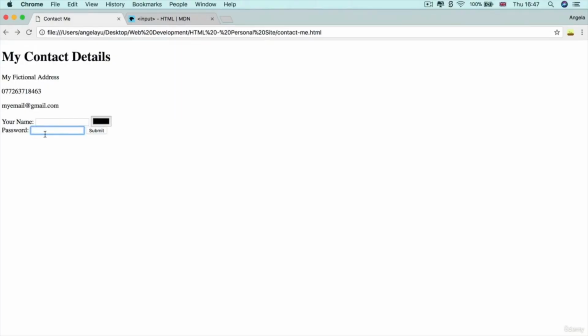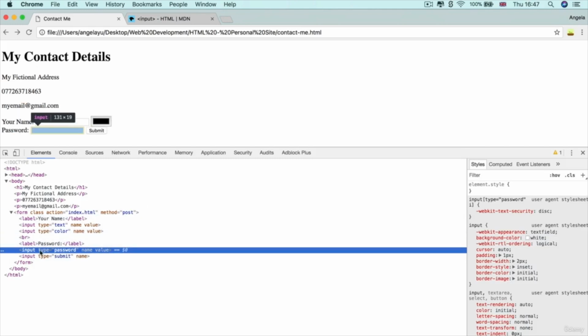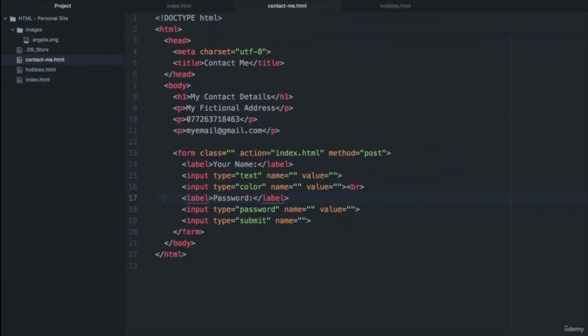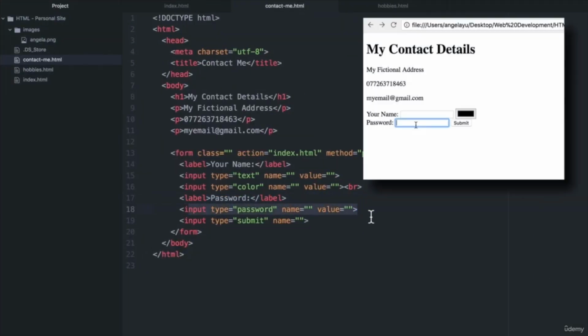But we know this is a password field because you can either right click and hit inspect, and you'll see that this is our password input, or you know that the next thing that comes after the password label is, of course, the password input. But whenever you type anything in here, by default, everything you type is masked. So these are for fields where you don't want somebody overlooking the user to be able to see what their